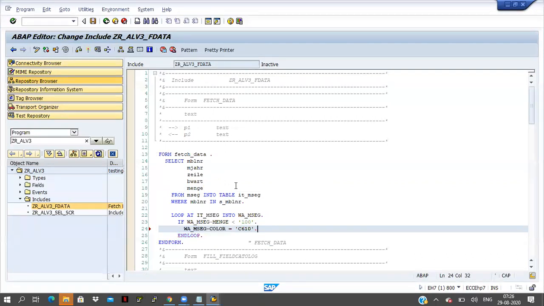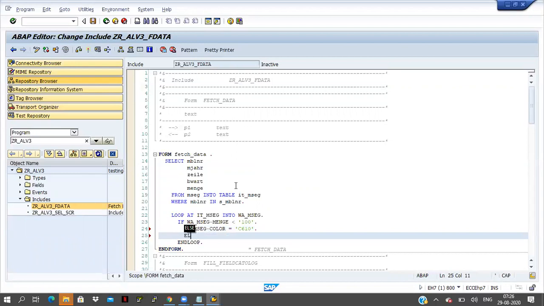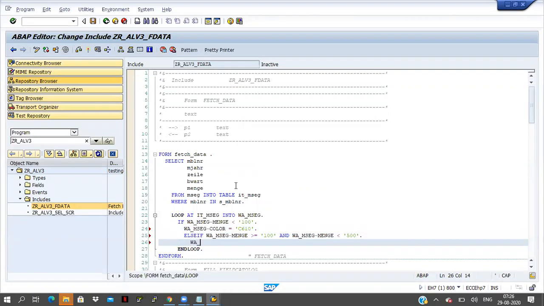Color equal to C610. Then, if work area MSEC hyphen MENGE is greater than or equal to 100 and work area MSEC hyphen MENGE is less than 500, then work area MSEC hyphen color equals, this is the green color, right?